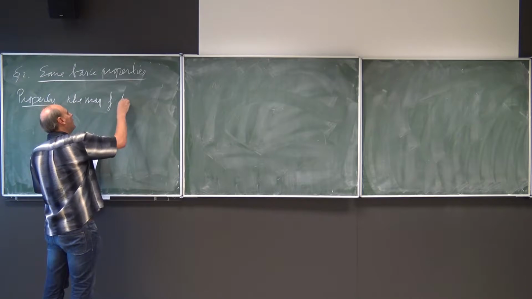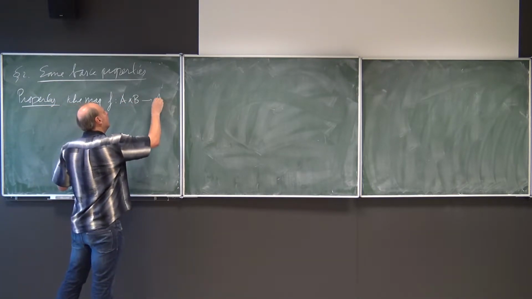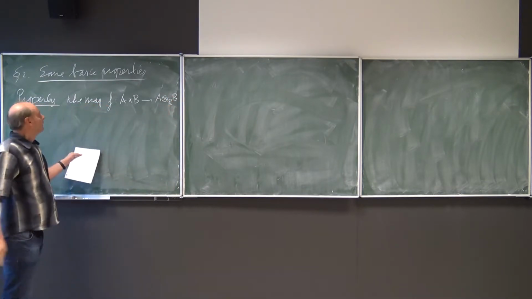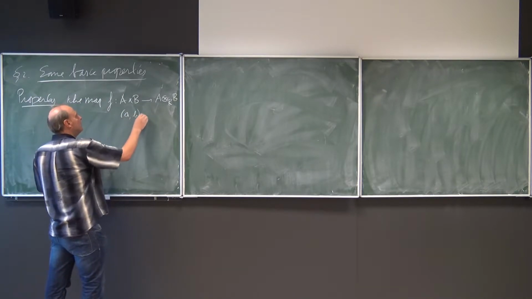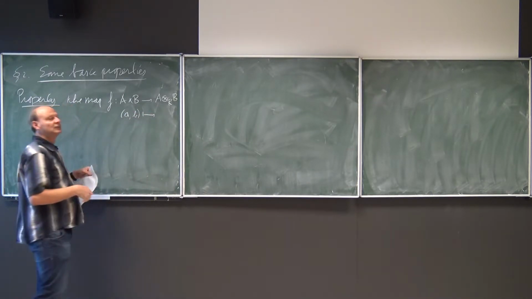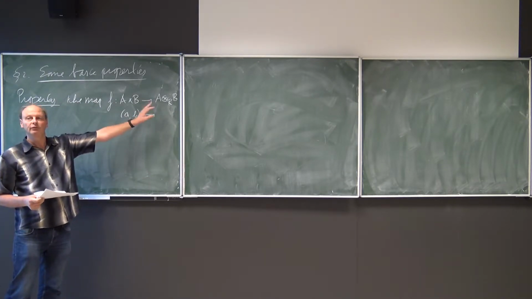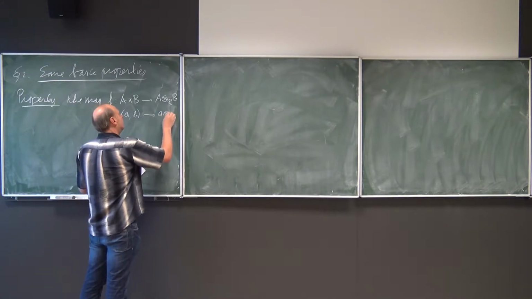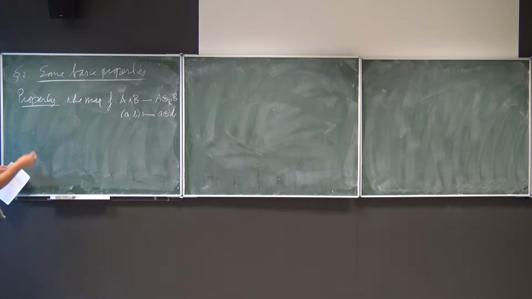F from A cross B to the tensor product A tensor_R B. Okay, so here I had an element (a, b), and I map this to its class in, well, this was a quotient of Z(A cross B), the free abelian group on A cross B, and that was denoted with a tensor b. And this has a few properties,